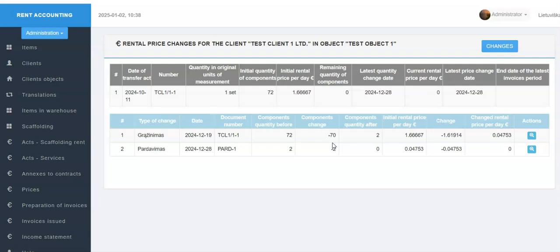Tables with a blue header background have a column Actions. By clicking on the small blue button in the column of the relevant row, on which the text details is visible when we hover the mouse, the detailed report page of the rent price change associated with the return or sale act in that row opens.